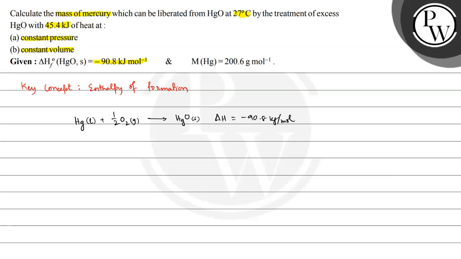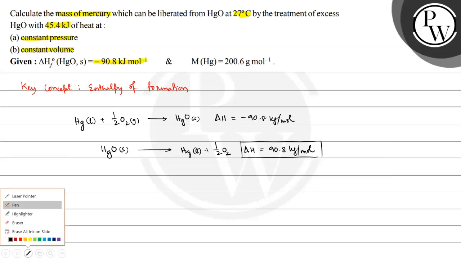So we have to revert this equation, and this will be HgO solid gives Hg liquid plus 1/2 O2, and for this delta H is equal to, ये जो साइन है ये रिवर्स हो जाएगी, so 90.8 kilojoule per mole. All right, so this is the value, and now we have to calculate the mass of mercury